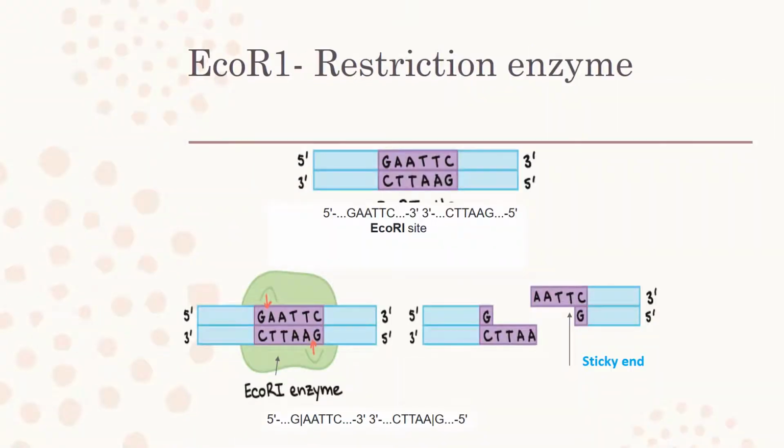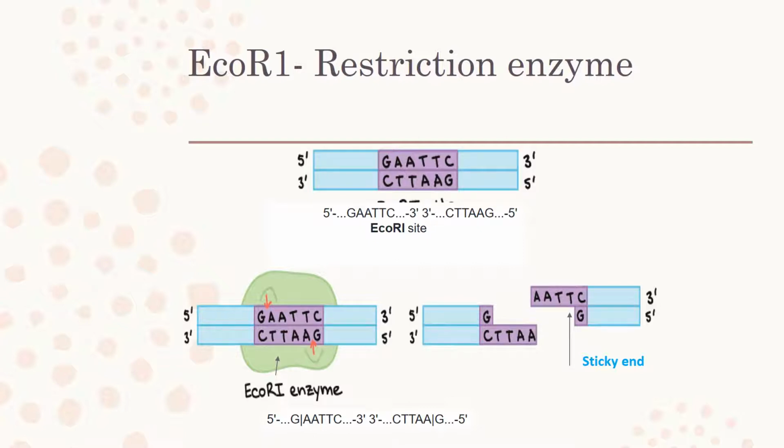Let's study the role of EcoR1, a common restriction enzyme used in the lab. Let's see how EcoR1 cuts at the following site. When EcoR1 recognizes and cuts this site, it always does so in a very specific pattern that produces ends with a single-stranded DNA overhang. An EcoR1 enzyme binds to the EcoR1 site in a piece of DNA and makes a cut on both strands of the DNA.